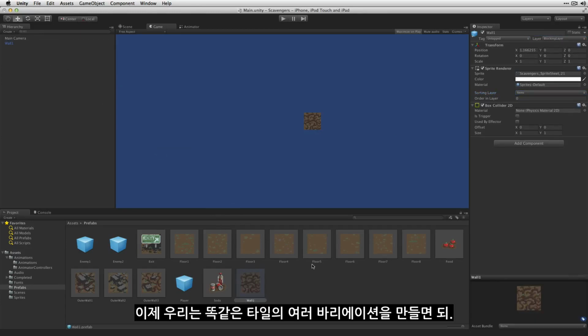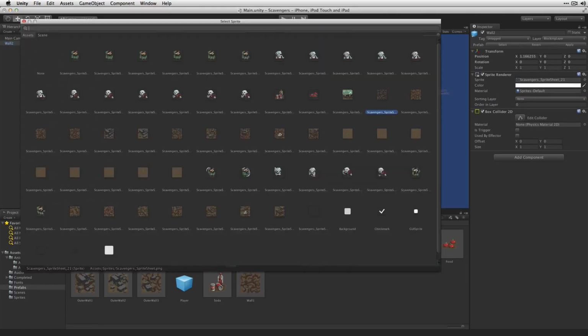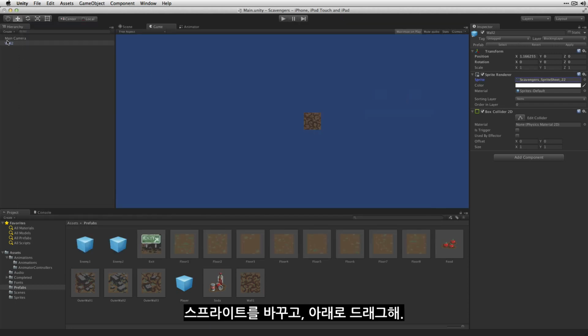And now we're just going to create a few variations on the same thing. We'll make wall 2. Change the sprite, drag it down.